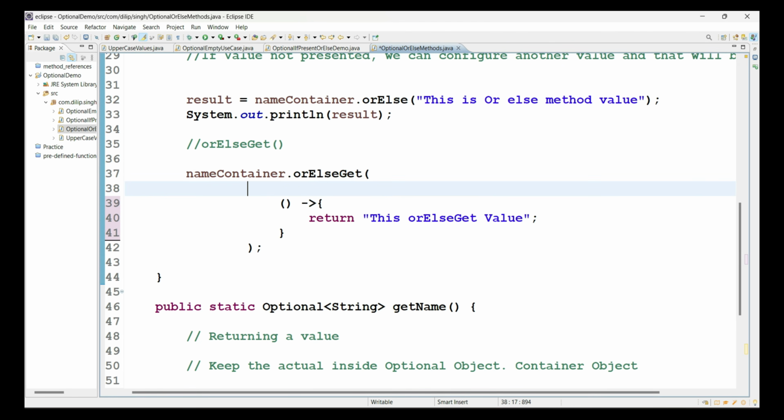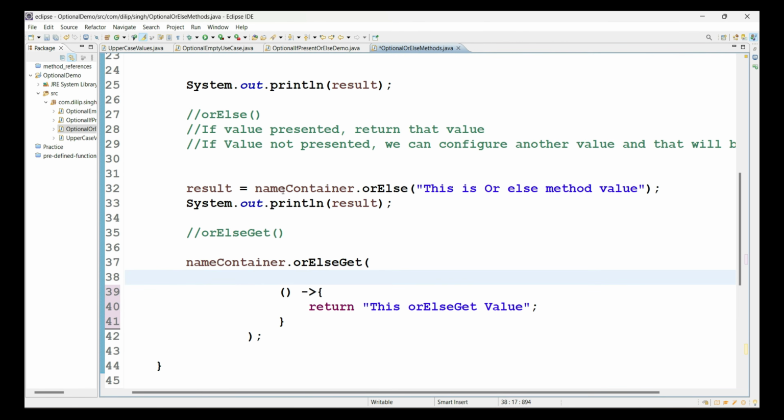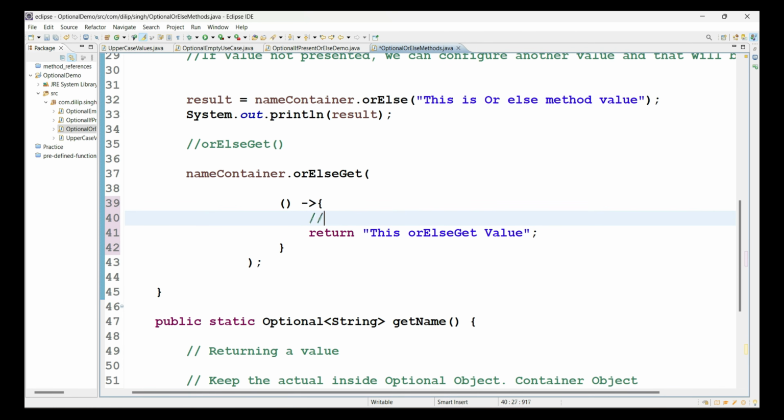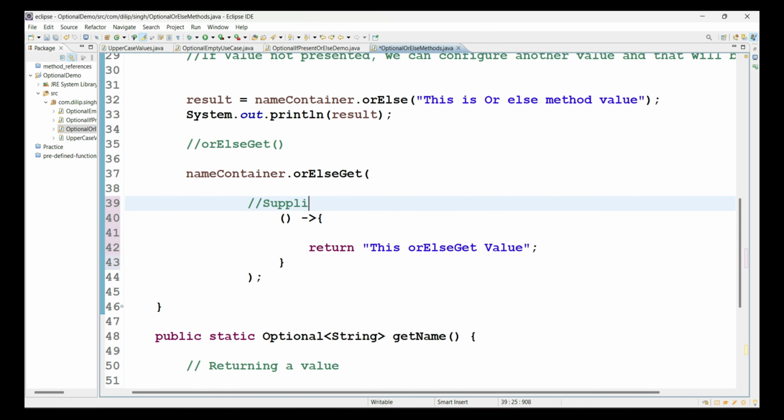Generally now it looks somewhat related to the OrElse method also, right? The OrElse method is also extended to the OrElse get method. What is the difference between OrElse and OrElse get? OrElse gives another value when the value is not present, right? In this case also the same thing. Then what is the difference between OrElse and get? Here the get method is internally using a supplier functionality, a supplier method parameter. Generally the supplier behavior is always returning